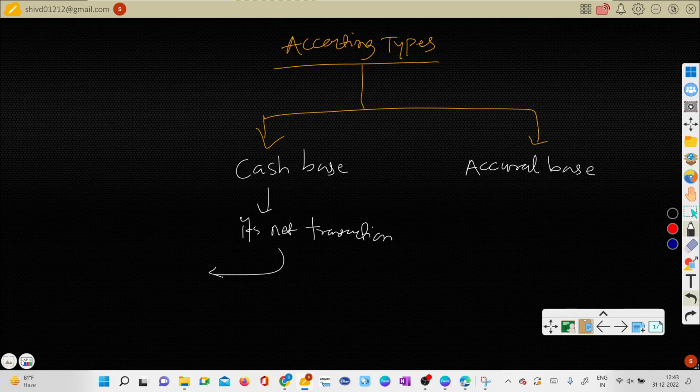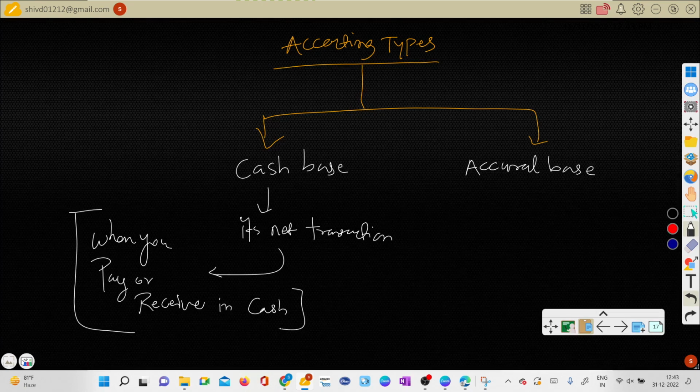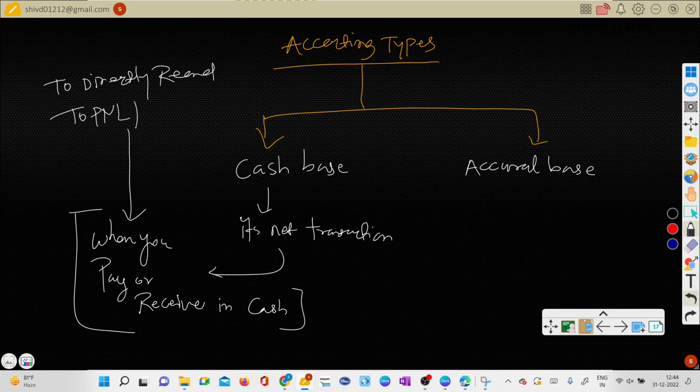Net means when you pay or receive in cash. When you pay or receive in cash, you can directly record it to the P&L or else the trade book. That depends again. If it is a direct expense, record it to the trade book. If it is an indirect expense,